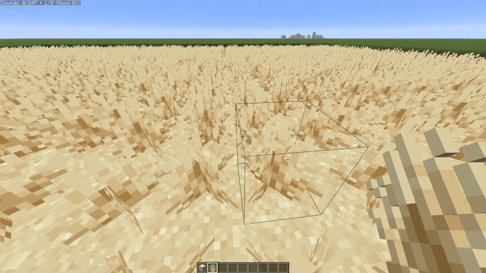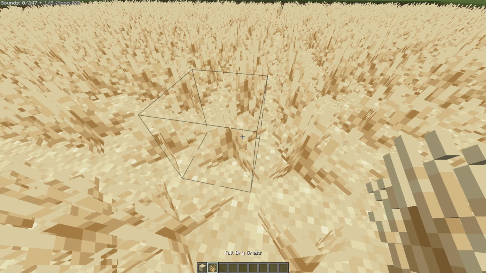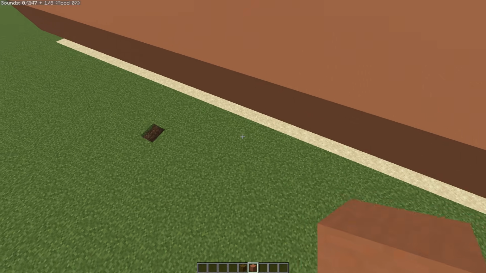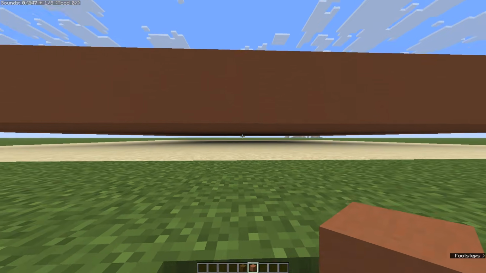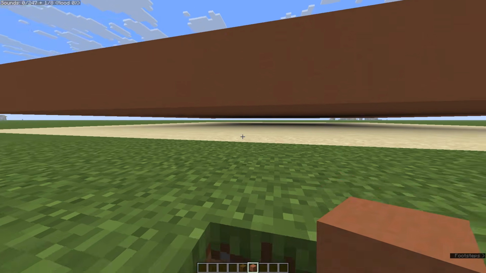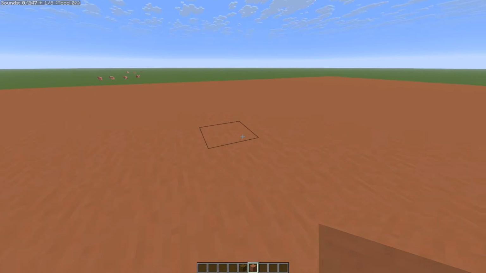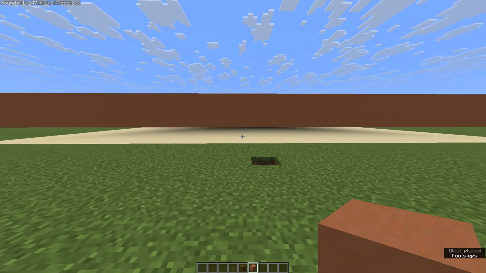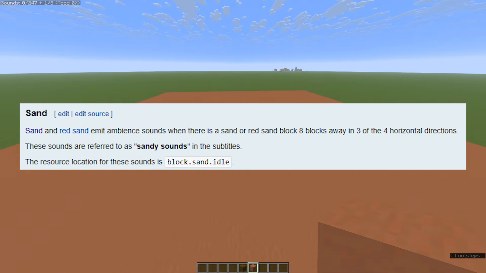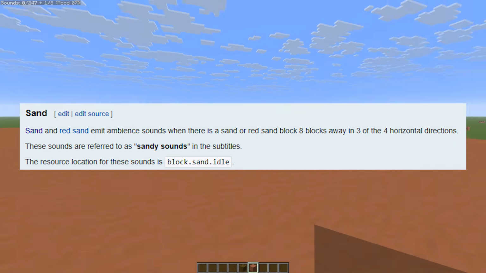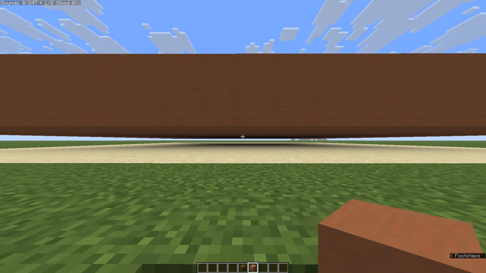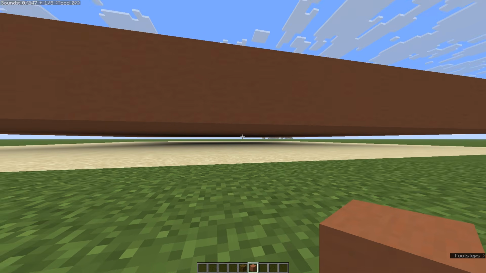So I was wrong to believe that you could stack the sandy sounds with the tall dry grass or the dead bushes. Interestingly, guys, even if I have an air pocket right above the sand here so that nothing is obstructing it, if I fly in the center here, I'm still not hearing sandy sound effects. On the wiki, it says the only thing necessary for sandy sounds to play is to have 8 sand blocks in 3 different horizontal directions, but there's something missing in that explanation because I have those conditions met,